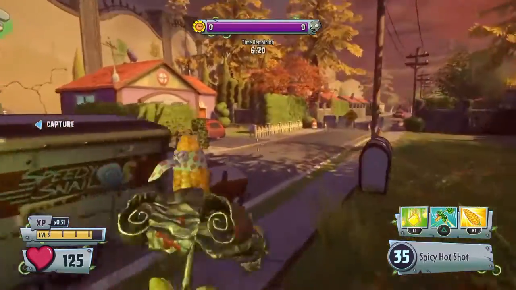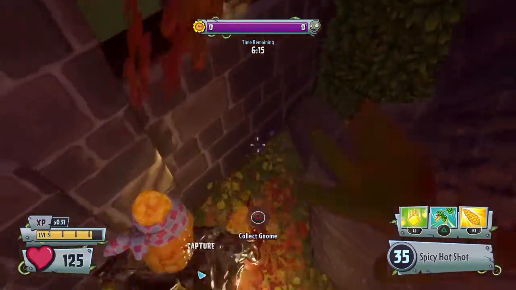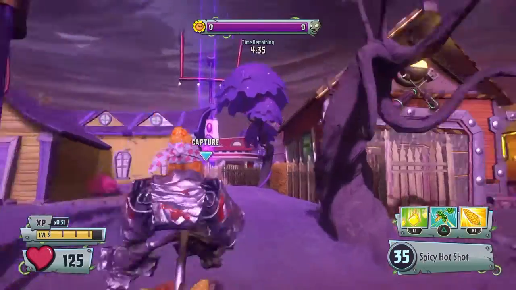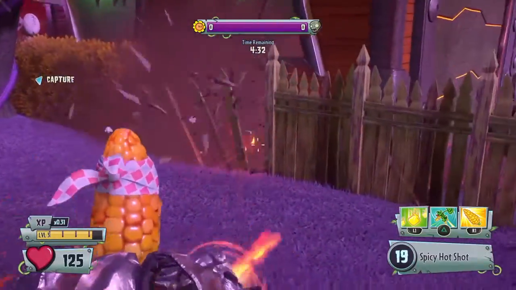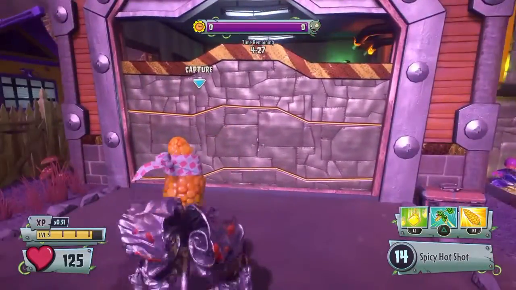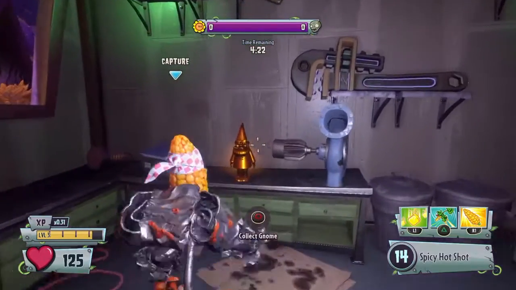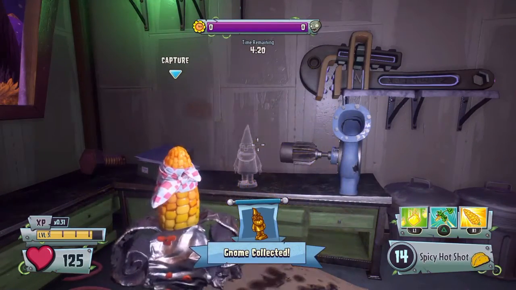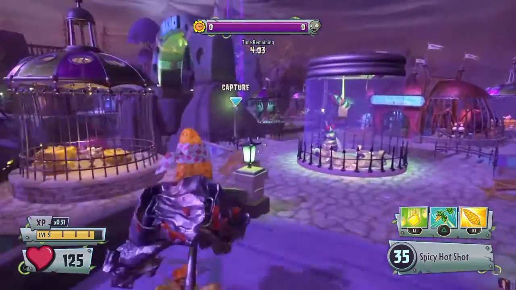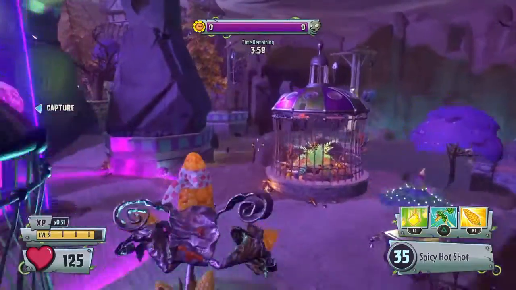Now we're going to Kerbal Assault, and we are in Zomburbia. So choose a plant. Now in these next few maps, if you can't find the area that these gnomes are in, you usually need to capture the next checkpoint and let it open up an area for you. Over by the zoo. And this capture point,